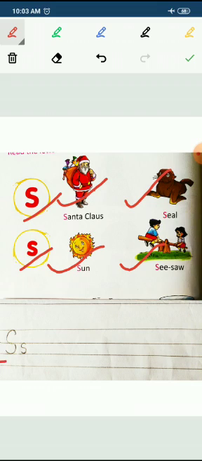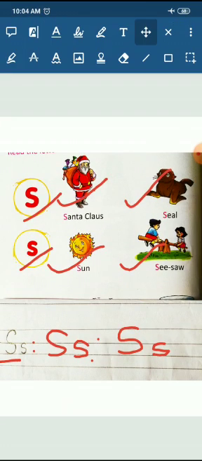So I write here both letters, capital and small s. Capital letters always come in the upper three lines. And small s comes in the middle two lines. So I write here first of all capital S like that. Then after, small s on the middle two lines. I write once again. Look at here. This is capital S and this is small s. Small s comes in the middle two lines.